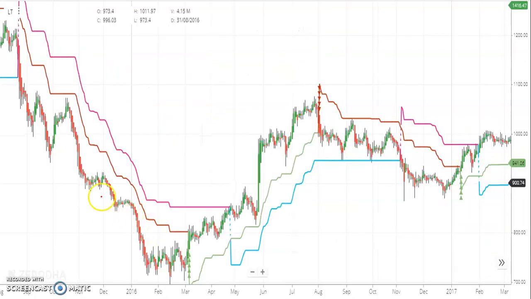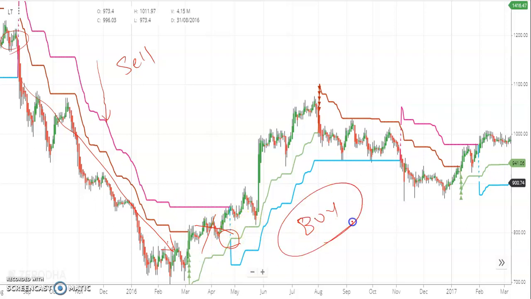Okay, and now one more example here. So here as you can see, the market is in sell trade, so we execute the sell trade here and then see how far the market went down, and we will not execute the buy as the long term trend is sell. So here as you can see, the trend changed from sell to buy. So here we execute our buy trade and then we ride the market till here. So again in the long term we will not execute the sell trade here. Again here we have a sell signal, the market changed, so we'll execute the sell here. Buy will not be done.